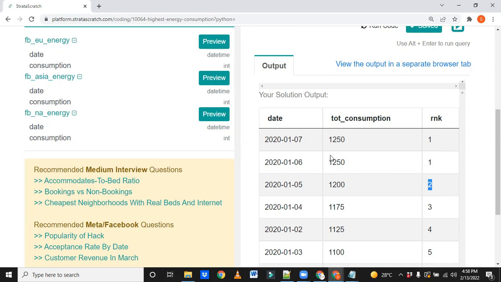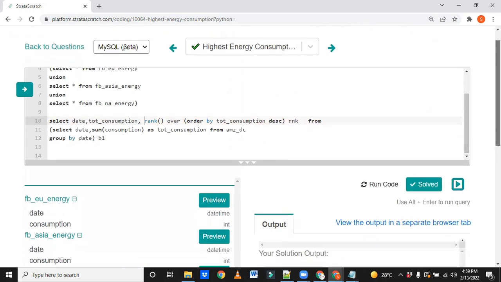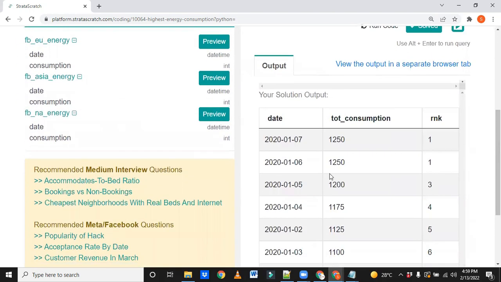For our present output we can use either rank or dense rank. Let me show you the difference between rank and dense rank here itself, because I have already created a table in a separate video, but still, see here. Earlier when we used dense rank, we saw 2, but now when we use the rank function we are seeing 3, right?